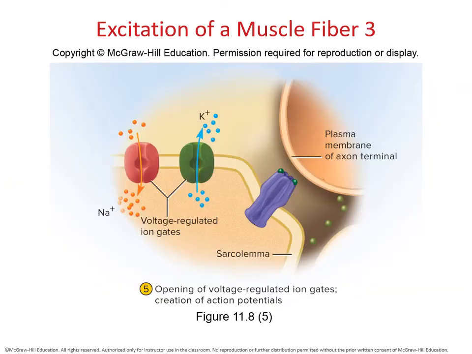All right, so now take a look at this picture right here. We have our axon terminal, right? We have our little synaptic cleft right over here. We have our sarcolemma. And then you see your little acetylcholine receptors that we were just talking about. And remember how we said that they are ligand dependent. So when the acetylcholine attaches to it, it's going to open up the ion gate and allow for an end plate potential.